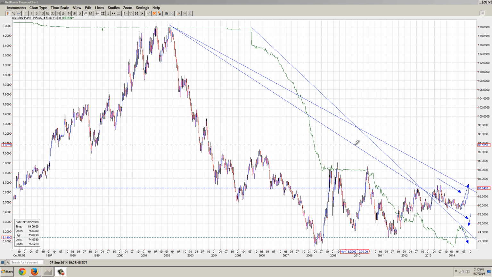Now, why do you have a dollar index? Well, I think the reason you have a dollar index is because the dollar is the world's reserve currency. So it doesn't make sense to speak of the dollar in terms of another currency. It makes sense to speak of the dollar in terms of all of the other currencies. But we're not talking about the dollar in terms of all the other currencies. We're talking about the dollar in terms of what I will say the trilateral currencies.